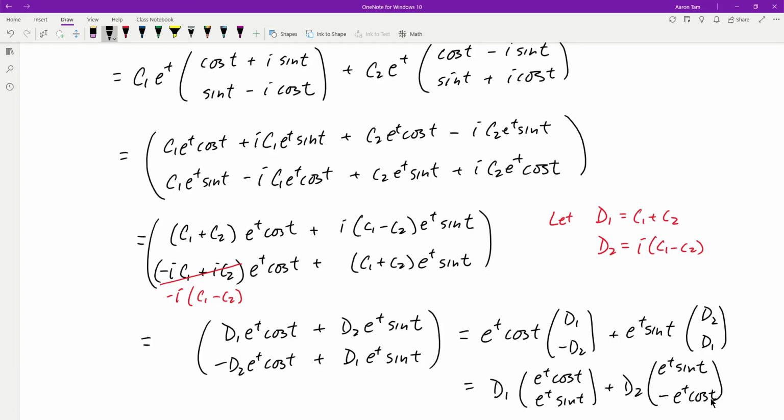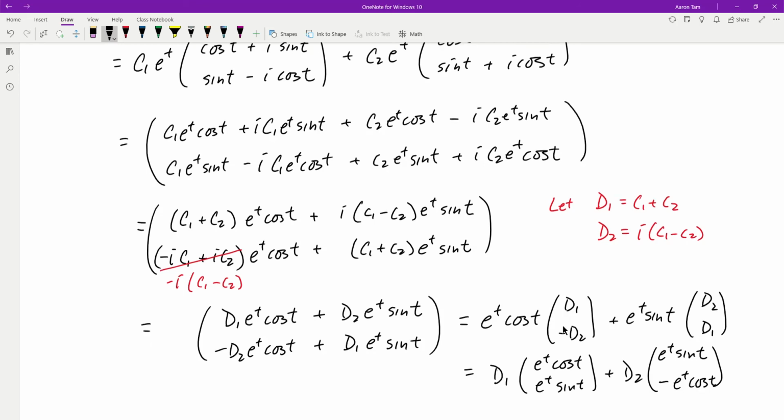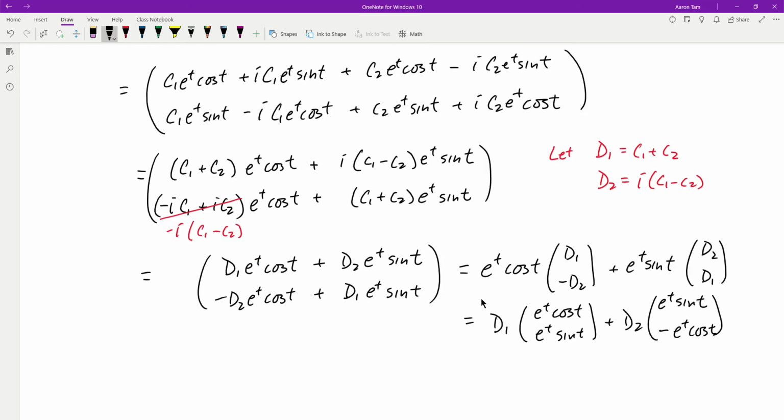So either of these ways would probably work. It's really depending on what you want to focus on. If you want to focus on just the coefficients d1 and d2, this is probably the best way to write it. If you want to focus on e^t cosine t and e^t sine t, the top way is probably better. All right. So I'm just going to box in this one for an answer because that's the last thing I wrote. So that's that. So notice that it still comes out to be two terms when you have complex eigenvalue and eigenvector,